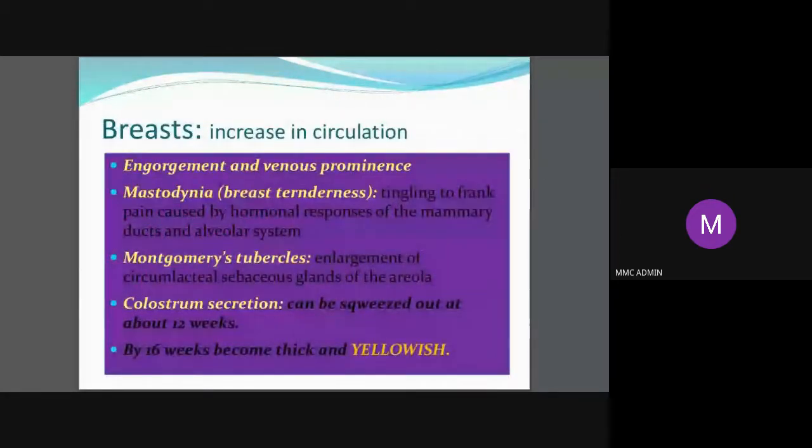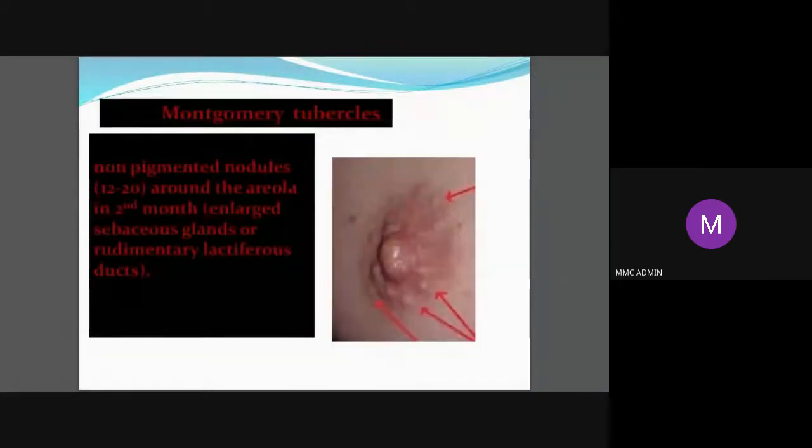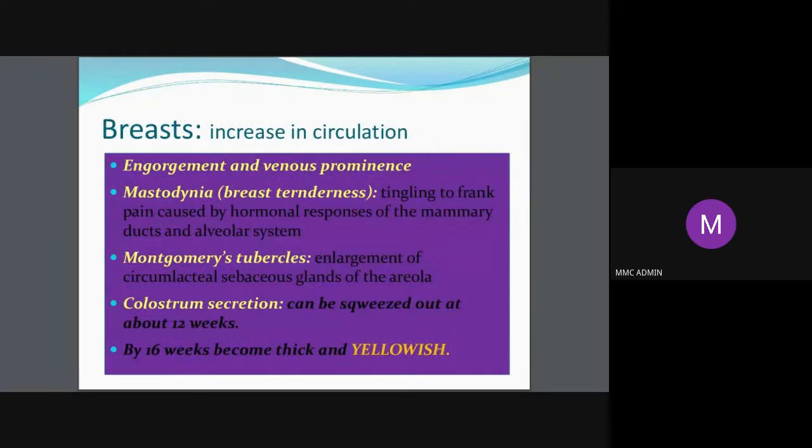During pregnancy, as you see in the slide, by about 12 weeks there is a colostrum secretion, and by 16 weeks it may become thick and yellowish. So when should you become cautious? You have to become cautious if the same secretion becomes milky. When the patient says, 'It looks like milk to me,' that means the patient is going in for some placental insufficiency, which may even be followed by IUD. So it is very important. Suppose she says there is a secretion, you have to look at the type of secretion that is coming out, whether it is normal or abnormal.